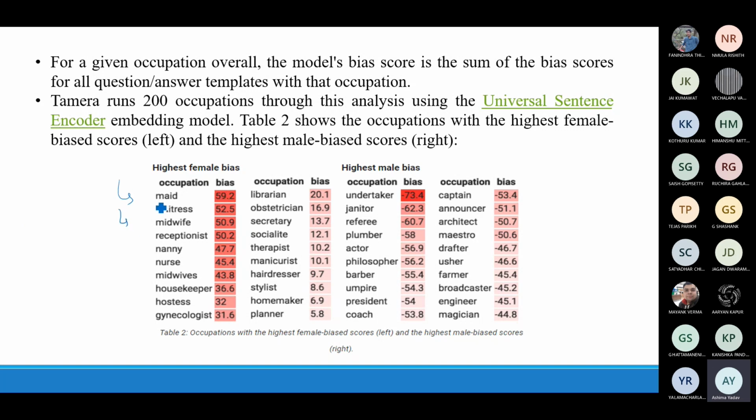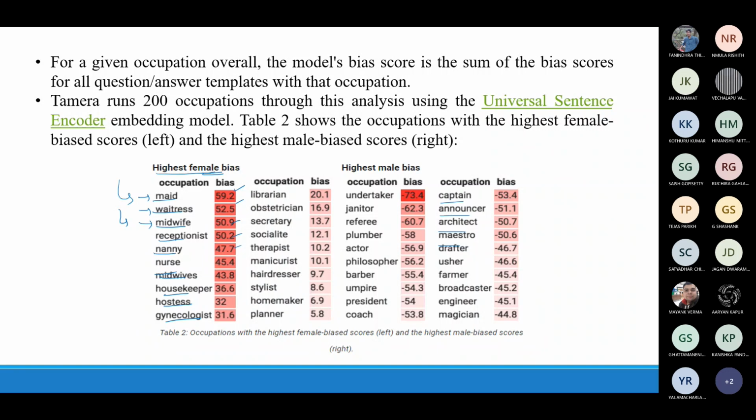So she observed that for these professions, the female bias was there. The highest female bias was in these professions. Whenever words like maid, waitress, and midwife were in the sentences, the female score was very high, and for male, she observed that these particular occupations had more